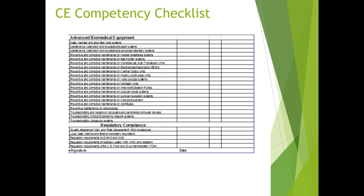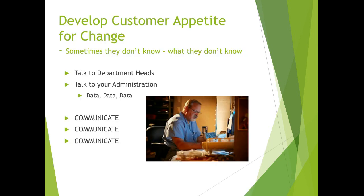Then you have to develop your customer appetite for change, because most of the time your customers don't know what they don't know. They don't really understand that they could get better service response internally. You have to talk to the department heads, have to talk to your administration, your C-suite. Show them the data, what it is that they're getting versus what it is you can perform for them, and just communicate. That is so key, is just talking to people, listening to what they have to say, really listen to what they have to say, and then use that to put together your plans